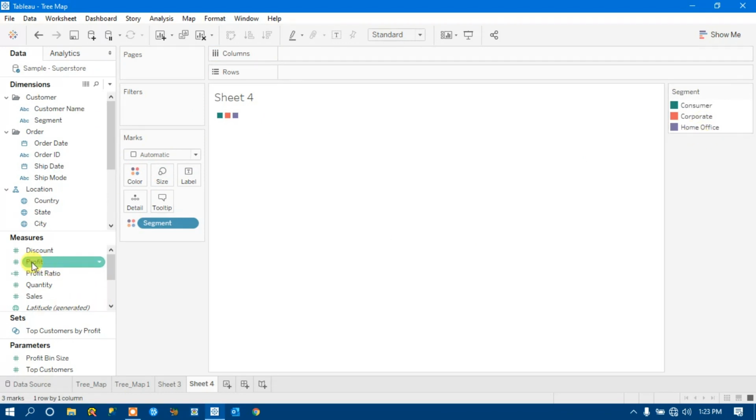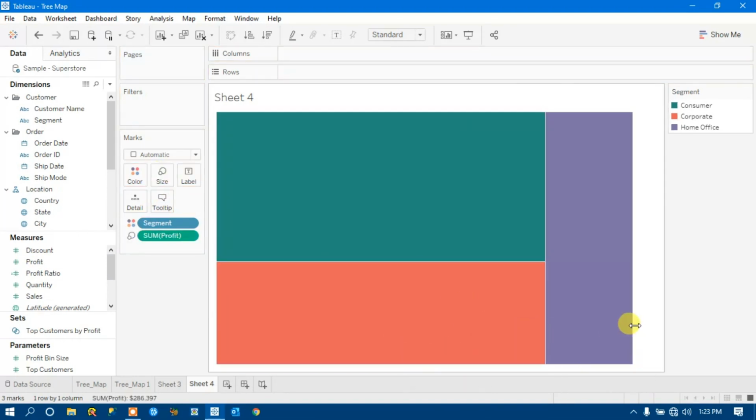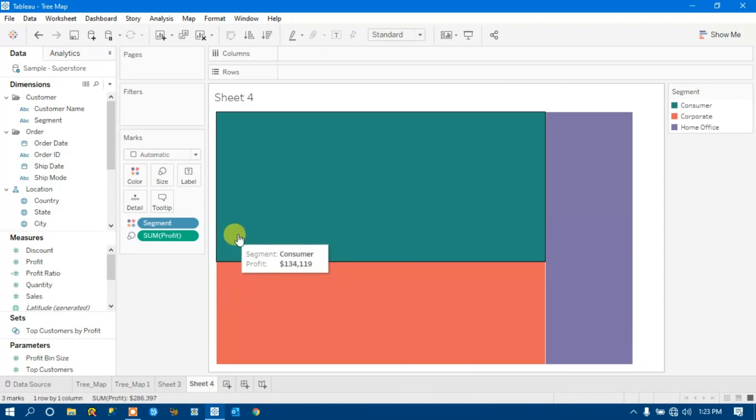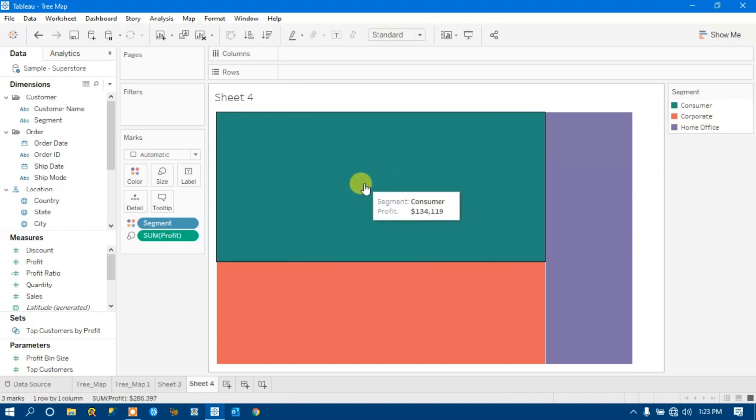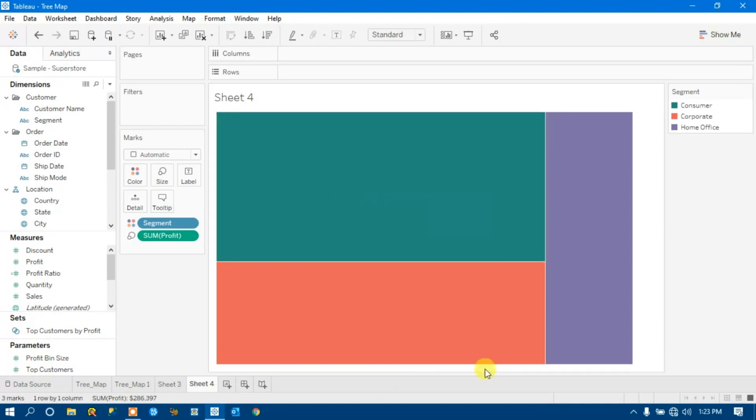So let me drag profit to the size marks. What is it doing? Our profit has been divided into three categories, three segments. This is the upper segment. We are getting this rectangle big just because the profit share of the consumer is much higher than the other two segments, right?